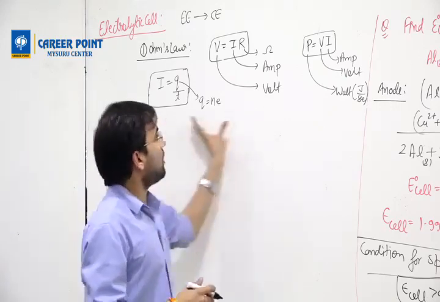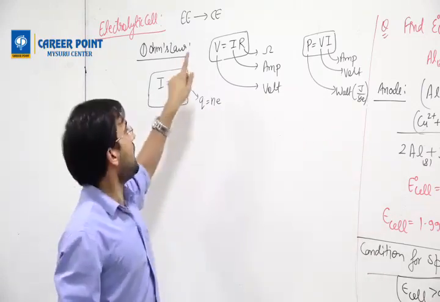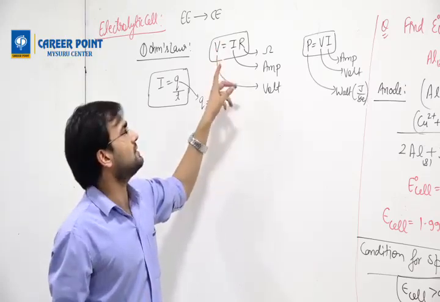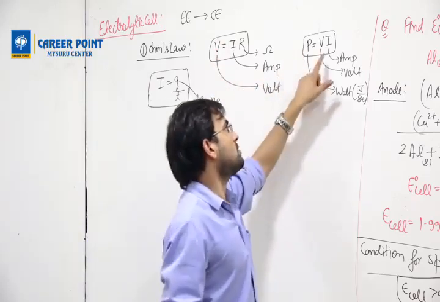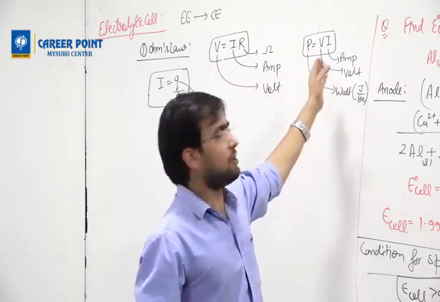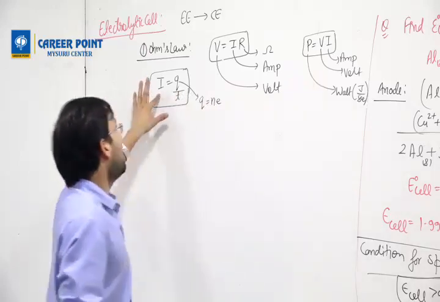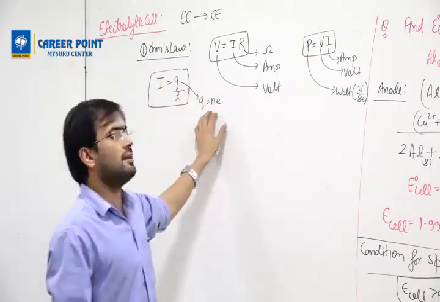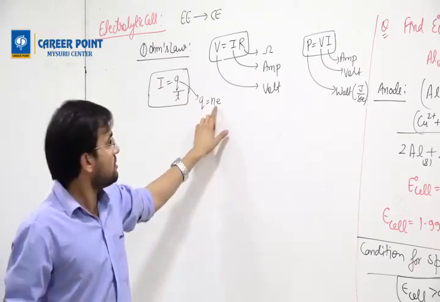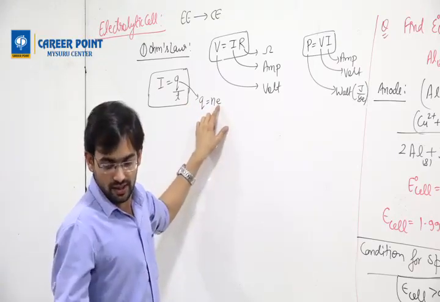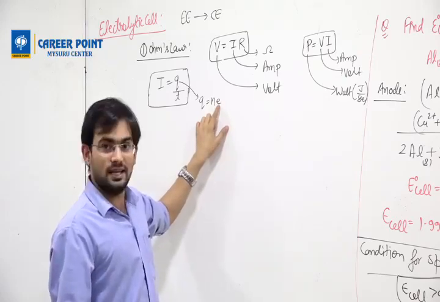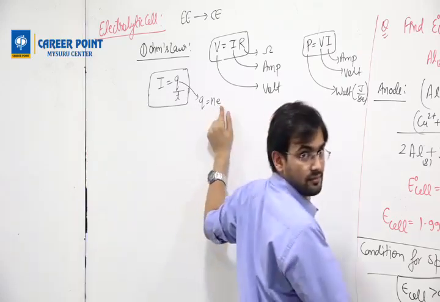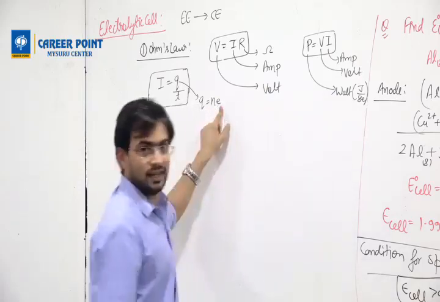So this is all about Ohm's law. We'll have V equals IR or I equals V by R, that is interpolation we can do. This is P equals VI, power equals potential difference into current. I equals Q by T. Q is a charge. Charge could also be directly related to NE, number of electrons. You are seeing E. There is an E, electron, right?